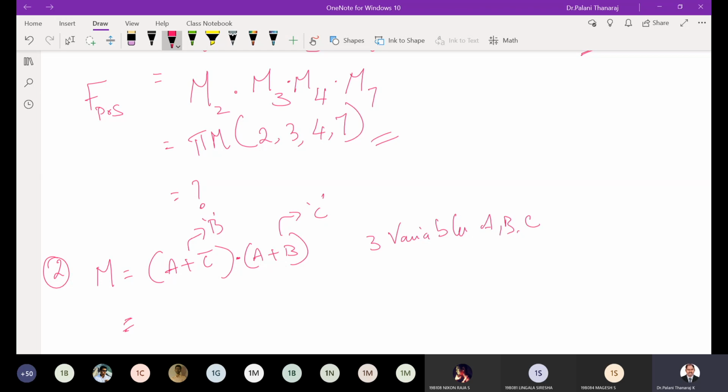So I need a suggestion. Can anybody give me a clue how to proceed? How did we do it for SOP? You have to bring in the missing variable. How about this one, the POS form? I have a missing variable. How do I bring that missing variable into the equation so that the equation doesn't change its logic? Very good, Sirisha. So again we can invoke the complementary law, but the complementary law for multiplication: B dot B bar is 0. Adding 0 doesn't change the equation. Nandini also got it. So let me do one at a time.